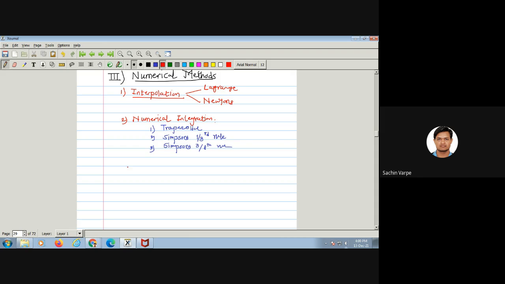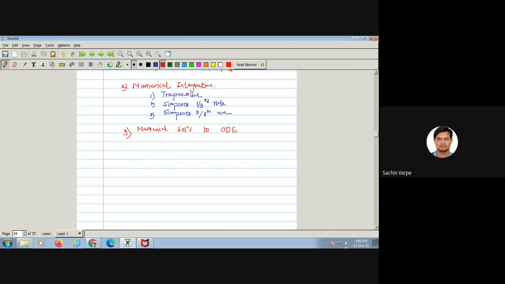And the last important point from the numerical we have seen as numerical solutions to ordinary differential equations. So we have seen some methods, right? What are those methods? First is the Taylor series method we have discussed, right? With the help of Taylor series formula, we have obtained the particular solution of the given differential equation. Then secondly, Euler's formula or Euler's method, right? In third, the modified Euler method we have discussed.